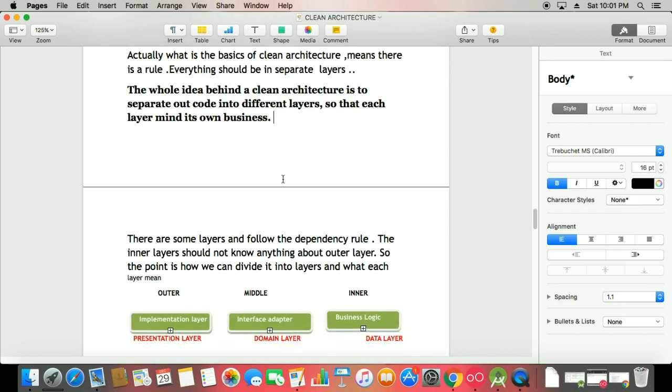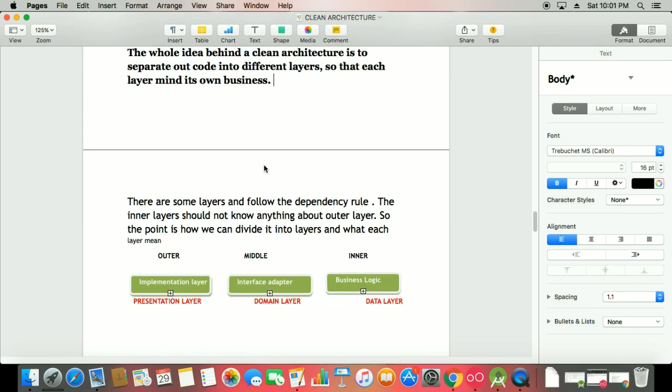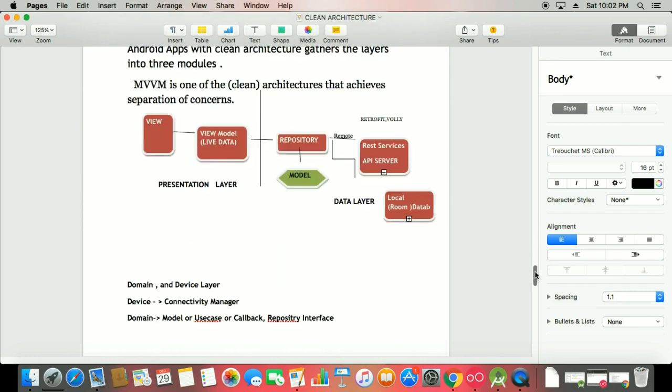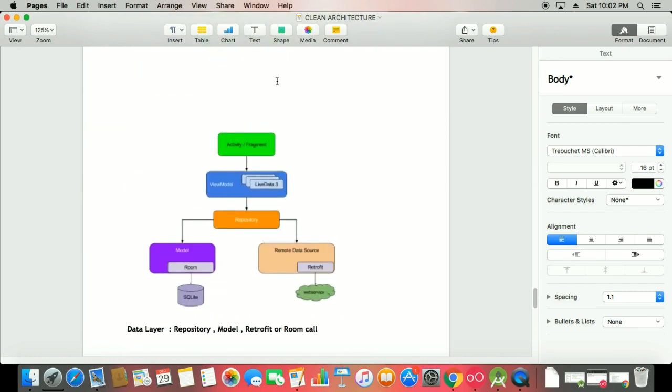Okay, so now if we implement these things on our MVVM approach, how justified is it? That is the question, because according to me, my MVVM is also clean. But if you go with the diagram, here we have activity and fragments, we have a view model related to live data, we have a repository, and we have Retrofit calling and Room calling.